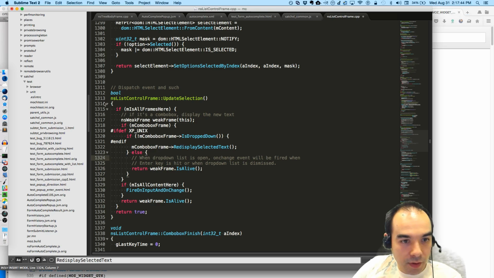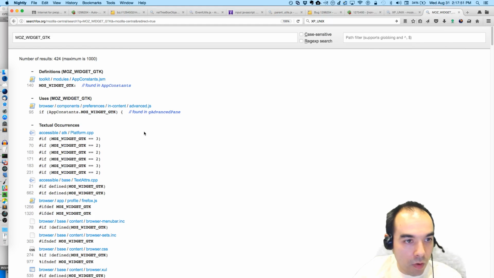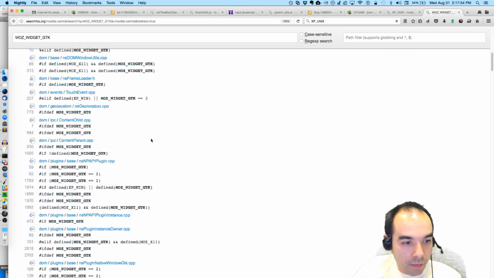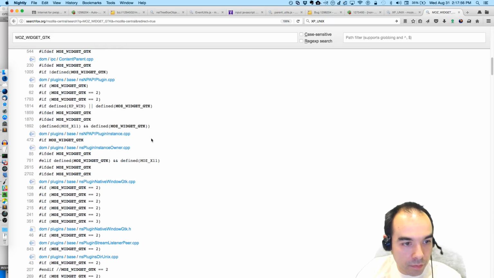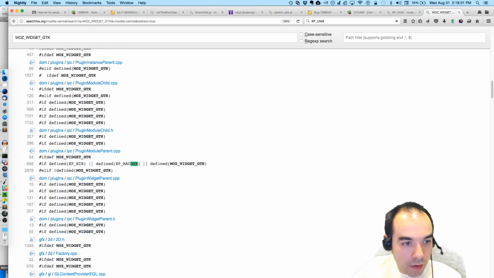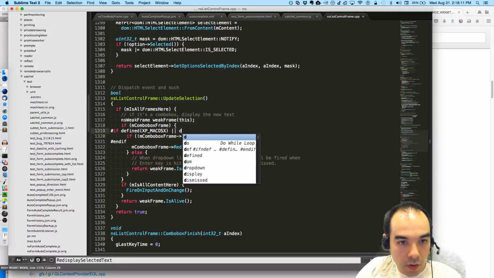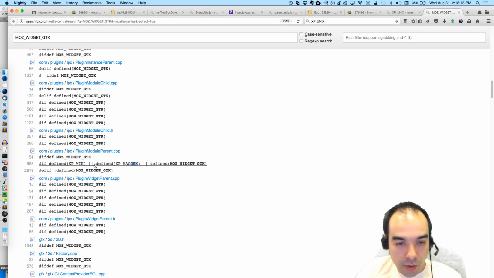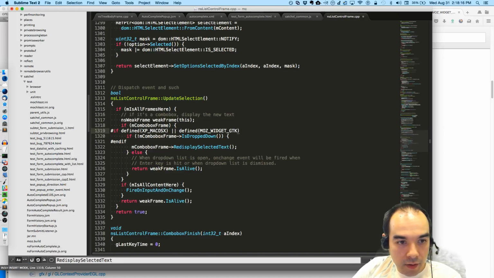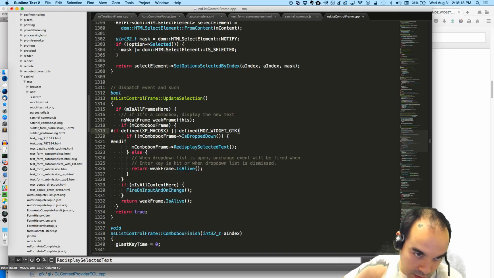That's what we should use for if XP_MACOSX or if defined XP_MACOSX or defined MOZ_WIDGET_GTK, then we need to do this check.